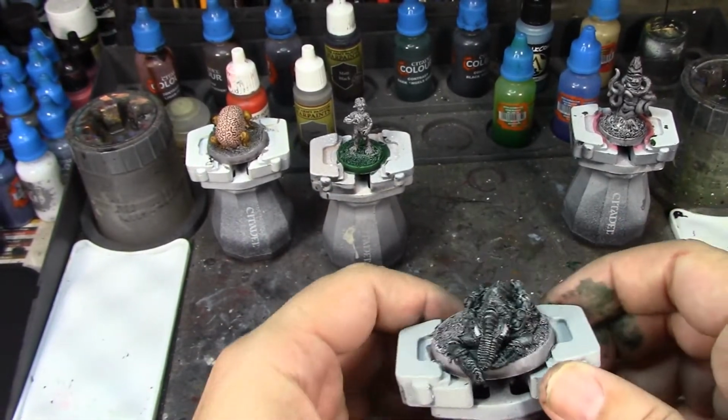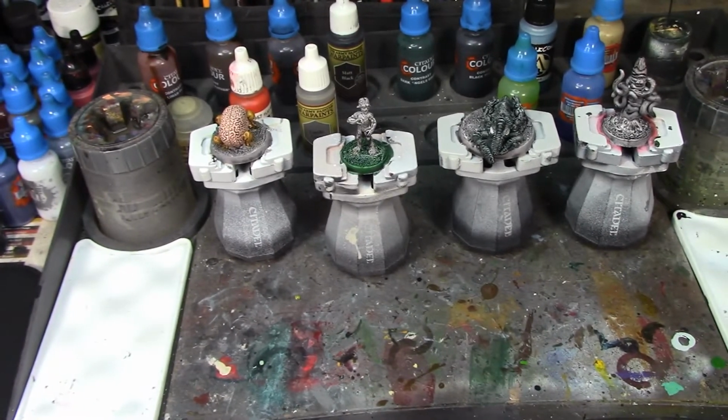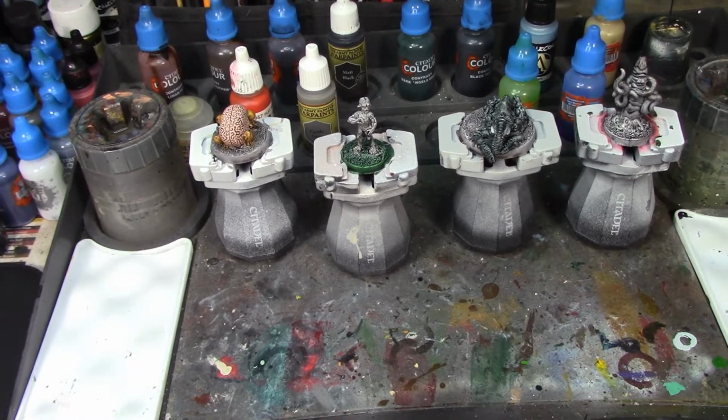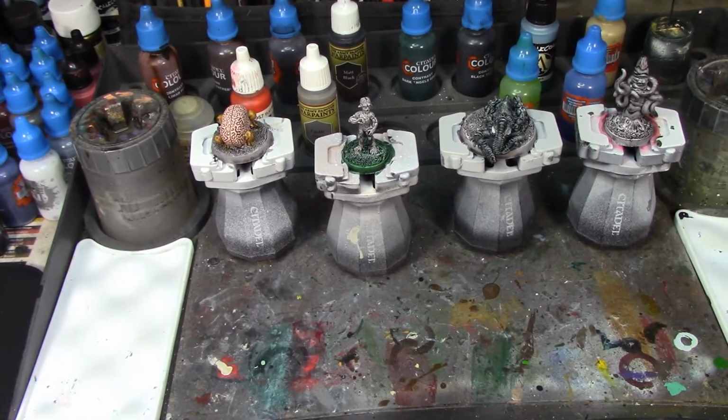But I'm going to let them all dry and then go back over them and see if there's any points that need to be touched up. And then we'll go from there. Alright. So I'm going to take a break now and let these finish drying, and then we'll come back and